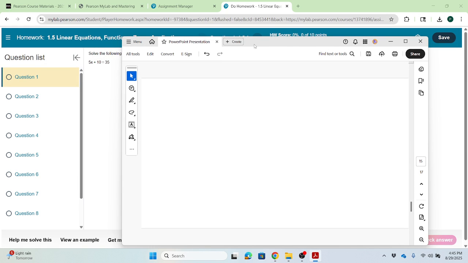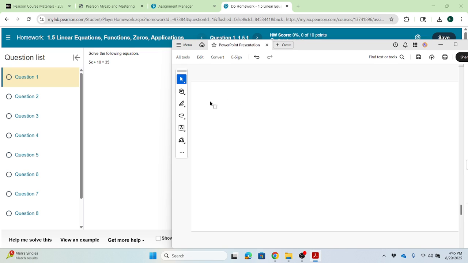You can use a different principle here. So the problem is, as you can see, 5x plus 10 equal 35. So there is a 10 here. First of all, you have to isolate this x on one side. So you have to bring all the constants to the other side. In this equation, you can just subtract 10 from both sides. By doing that, on the left side you will see 5x, and then on the right side, 35